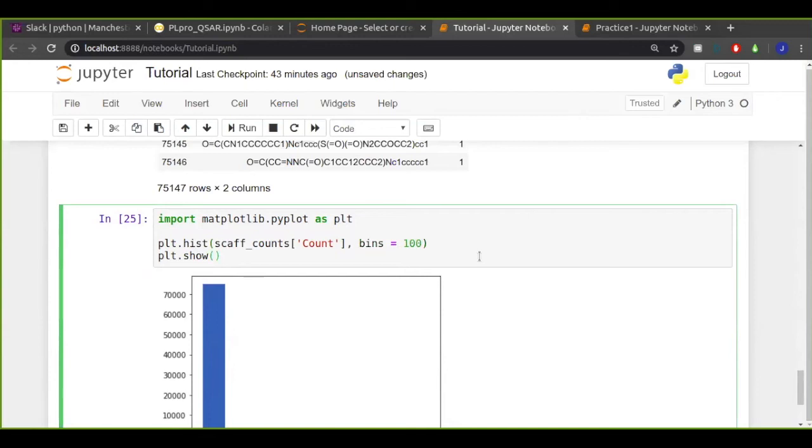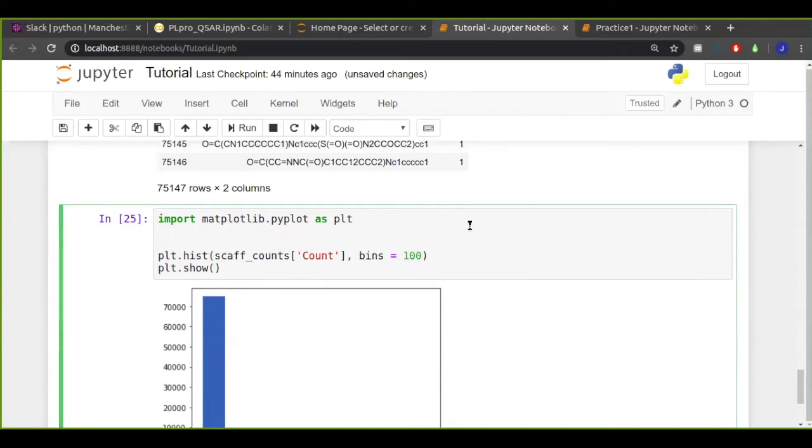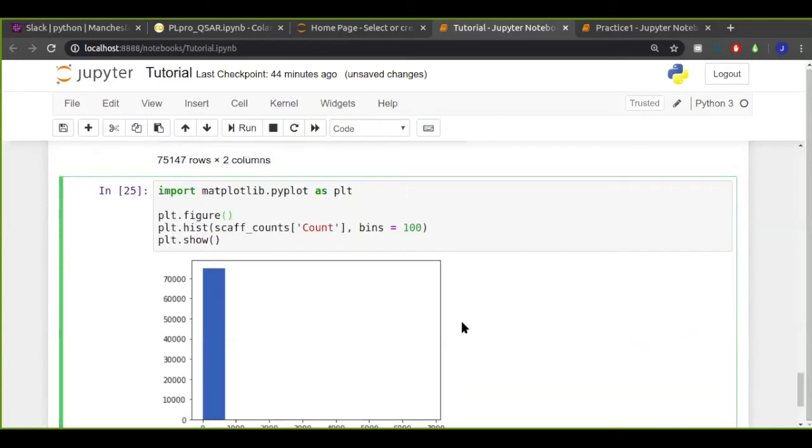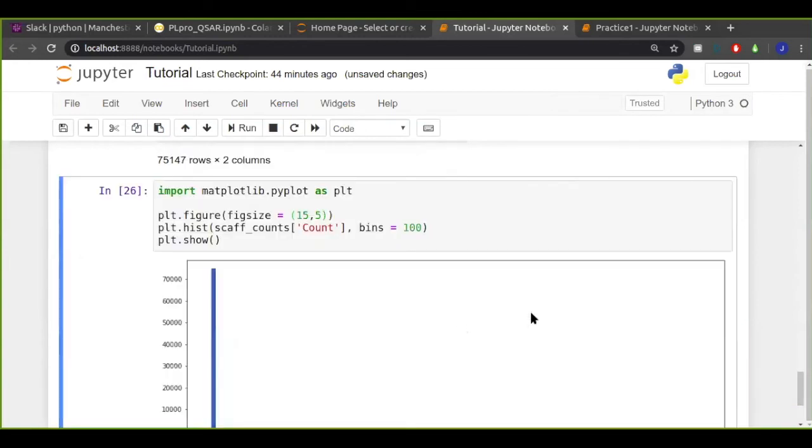How about that? And let's make it wider. So I'm going to call plt.figure to change the default canvas size parameters. And within that, figsize equals 15 and 5. That should make it wider.